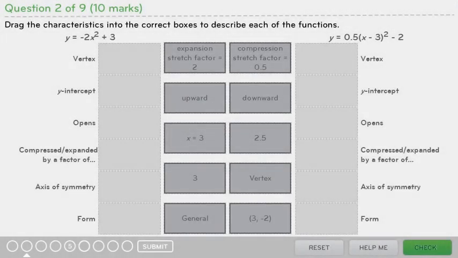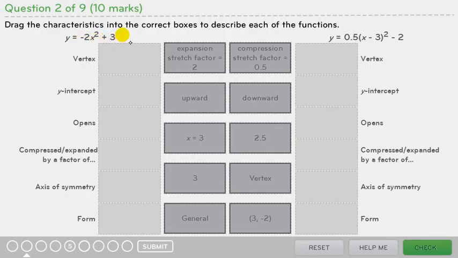In this question, we need to drag and drop the characteristic boxes in the middle and match them with the appropriate functions on the two sides. You'll notice that there are more boxes on the outside than characteristic boxes, so a couple of them will be left vacant. If we start with the function y is equal to negative 2x squared plus 2, this function can